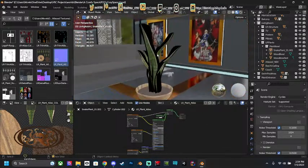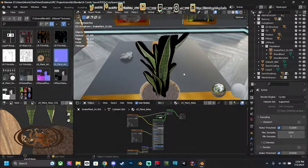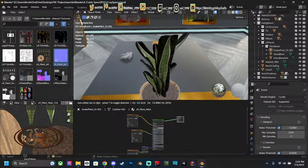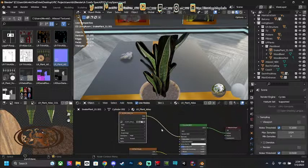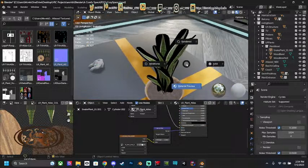Doesn't matter. But don't freak out when that doesn't work. Because it should also work if I did it the other way too. Like quite literally just put it into the alpha slot and then all the black disappears. Alternately, we can just do this. Delete, surface, alpha. Here's the alpha. Okay. Alpha. And then if we go Z and then render,